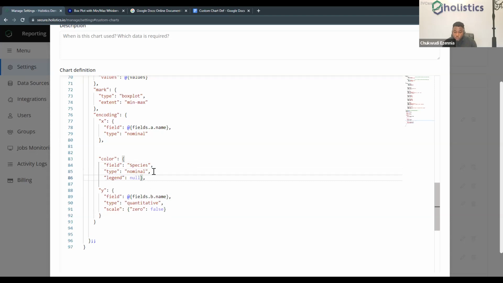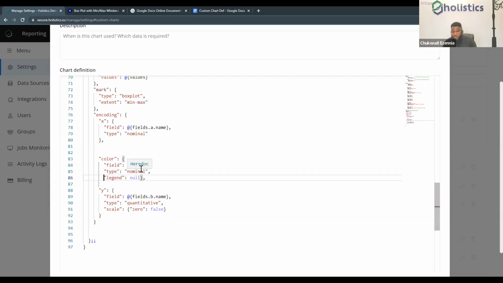If you notice on the code you have on that particular link, I have commented out field, type, and legend under the color styling. This is because if you have a categorical field of very distinct values, Vega-Lite would automatically give you varying colors for each of the box plot boxes. But in most cases, we want our box plots to be the same color.